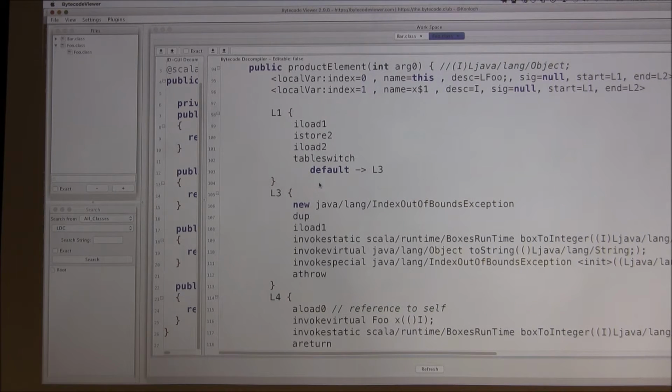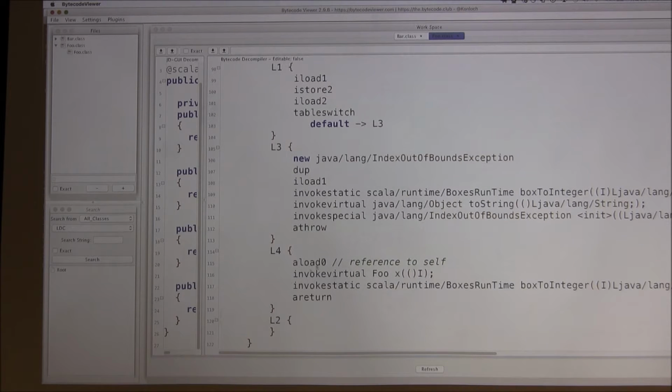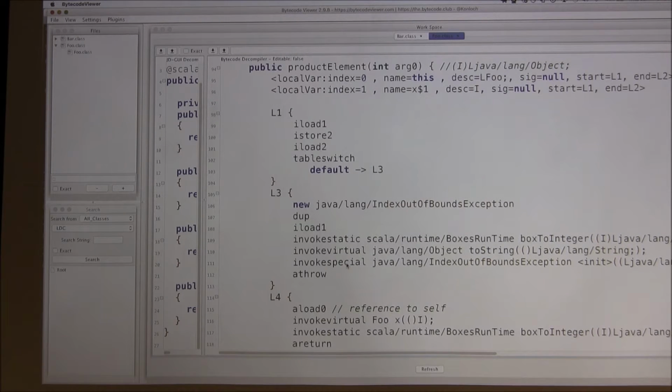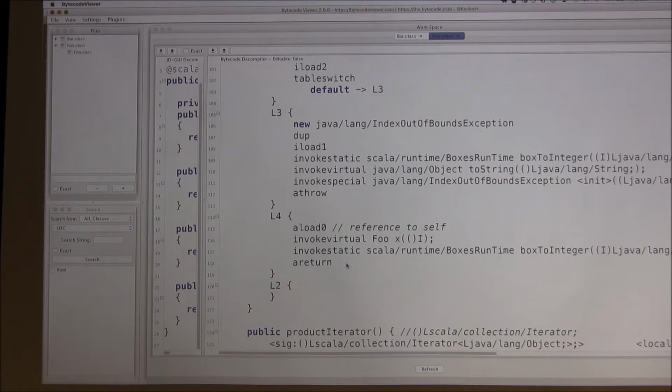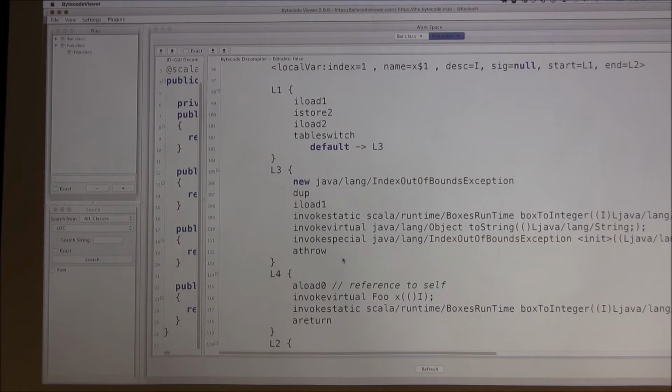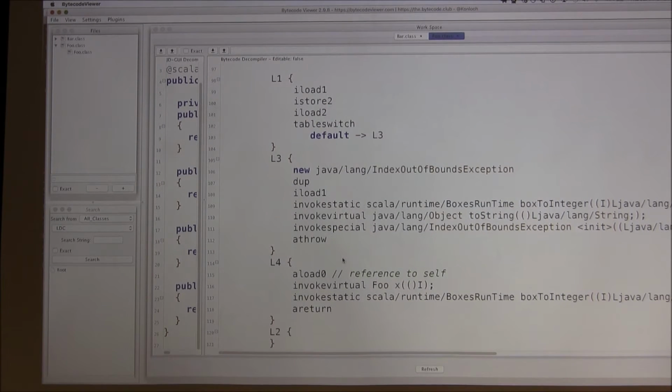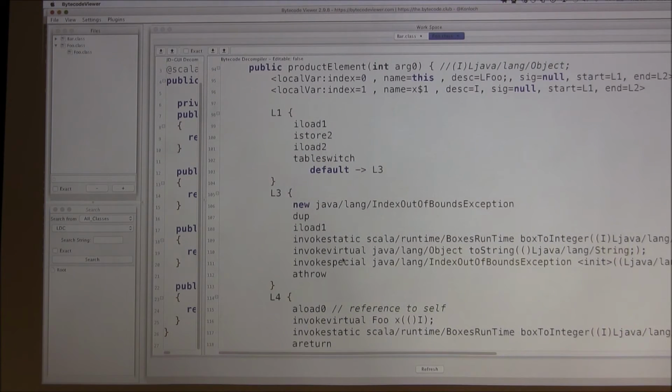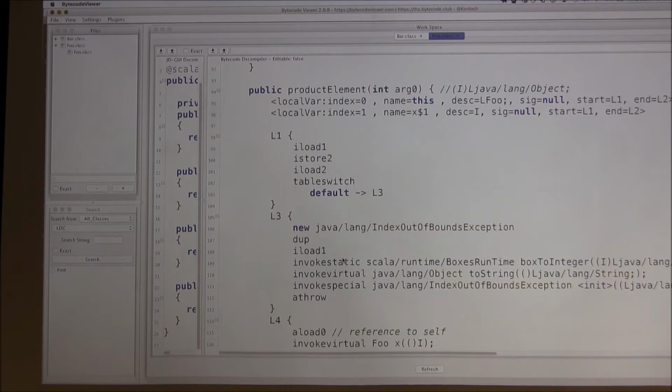Yeah, I think it's that A load 4 down below. The L4, I believe, is what it should do, right? If you ask for element 0, you should get that. I would hope so. So why didn't it? I decompile it, and it doesn't make a lot of sense. I don't see a label for reference. Oh, there's the box to integer, that's potentially